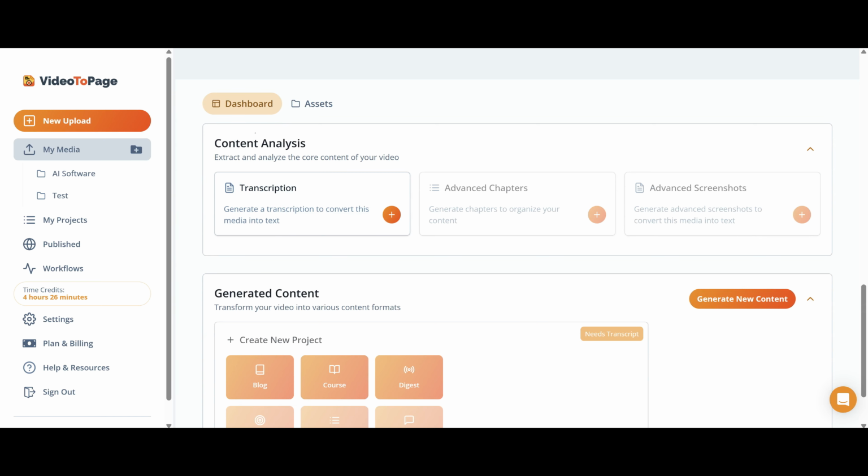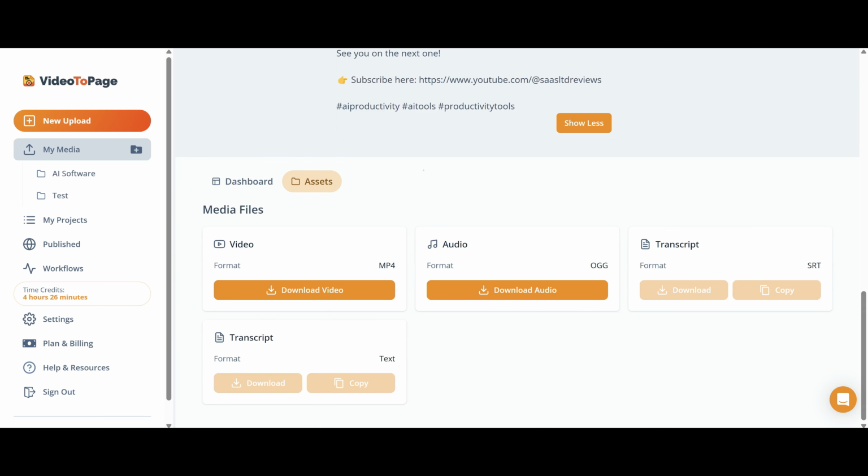So if we scroll down a bit, we have two tabs here, two options. One of them is dashboard and the other is assets. So if we go to assets, you'll see the media files. So from here, you can actually download the video into MP4. You can just download the audio or the transcript or the transcript text, and that one's SRT. But you can't do the transcript yet because we actually haven't transcribed the video,